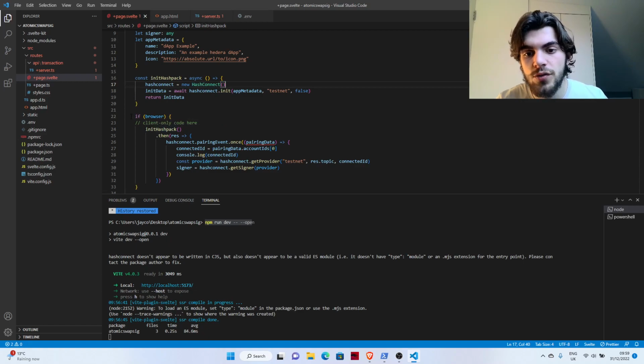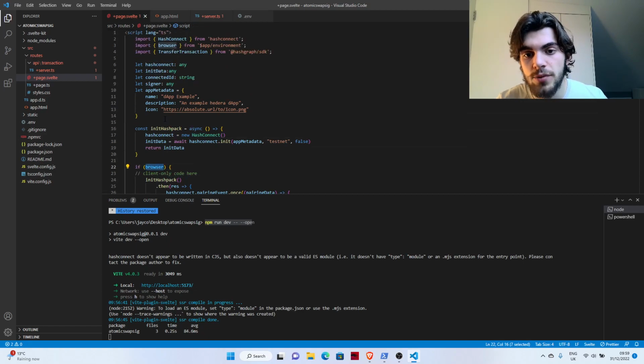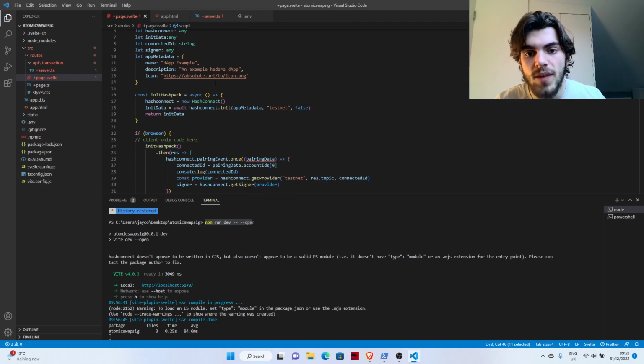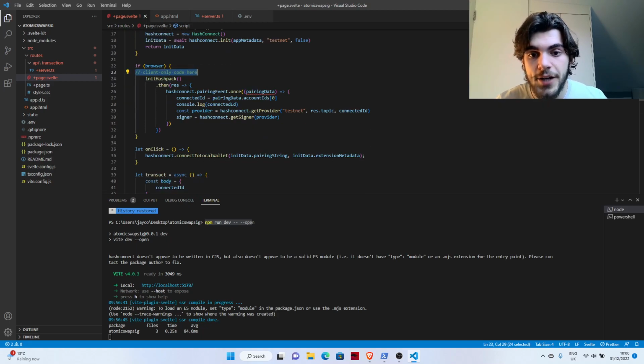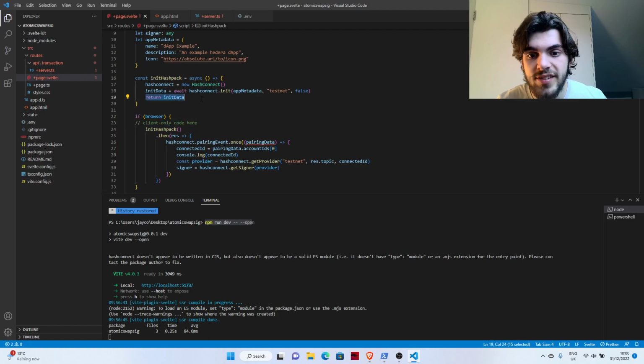So once we are in the browser, and browser is just something which we can import from Svelte, this basically detects when we're in the browser environment. So client only code goes here. Init HashPack, we're then doing this, it returns the data, it's asynchronous, so we're going to then say, then with the response, which is the init data, we're going to add a pairing event, so we're going to say